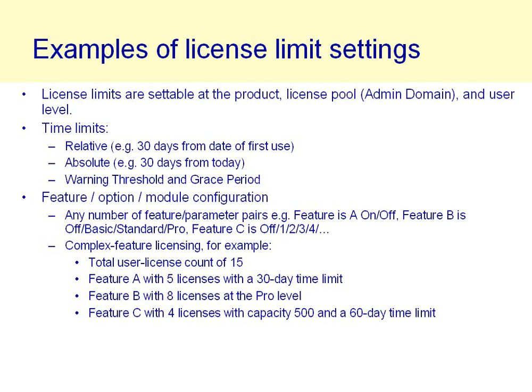The other type of thing you can do is what we call, actually the term we use is licensing options. These could map to features or modules in your application, and you can define any number of such options. So for a given product, you could have features A, B, C, D, E, F, and so on. And for each such feature or module, you have an associated parameter, and you can define the allowable set of parameters for a given feature. So as it says up there, for feature A, it could be either on or off. Feature B could be off or at the basic or the standard or the professional level.